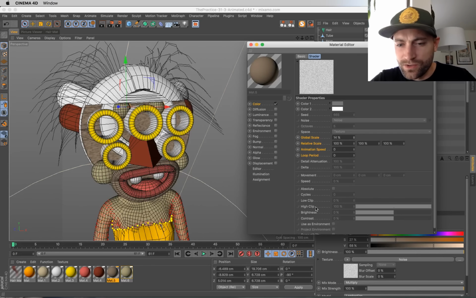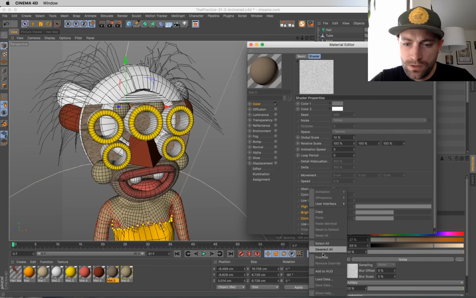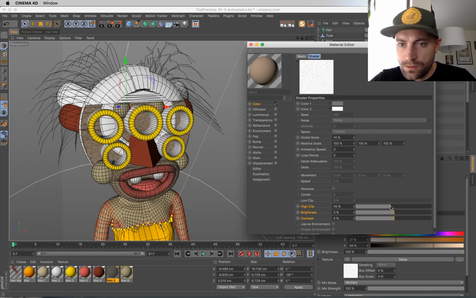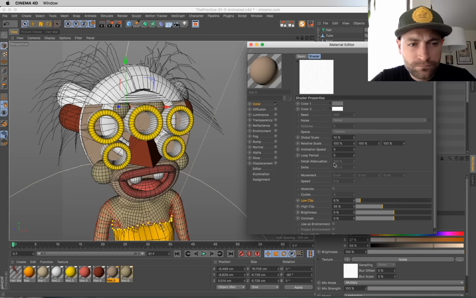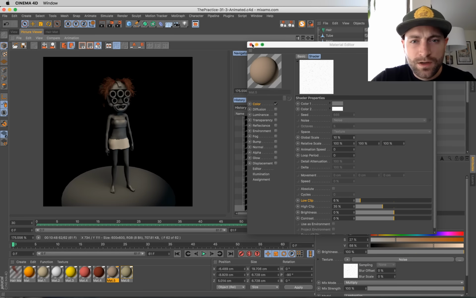Add a bit of texture via noise. Alright, so